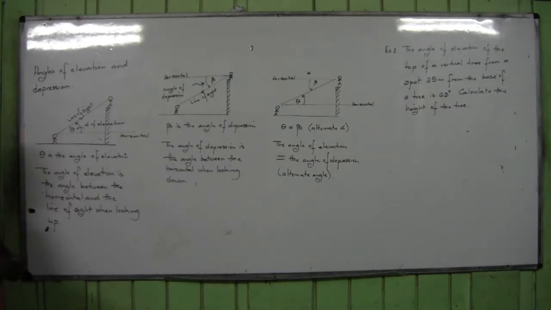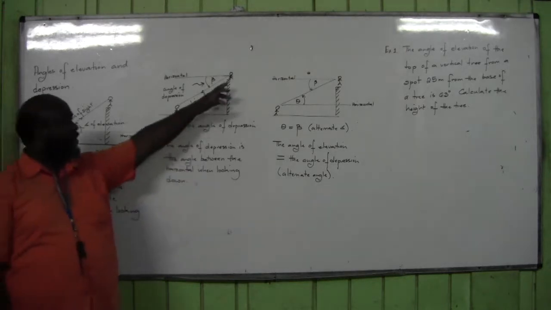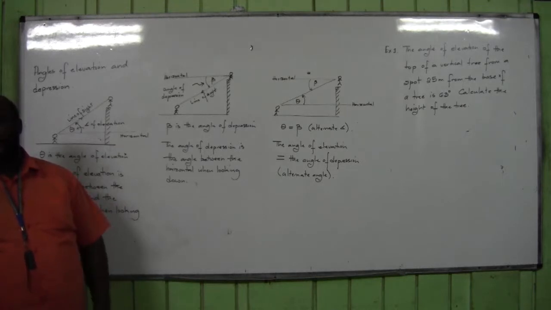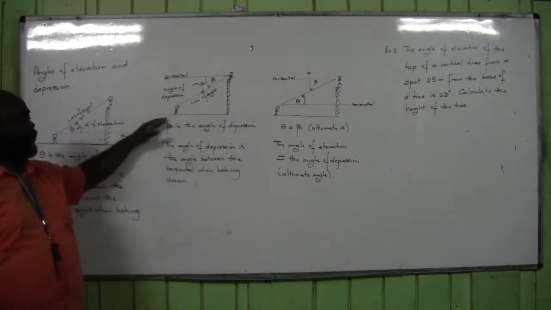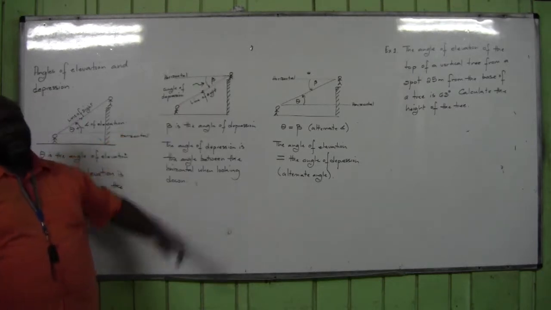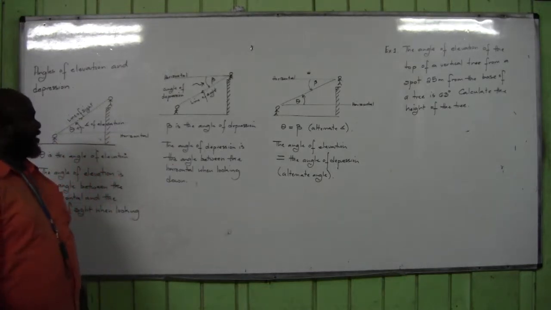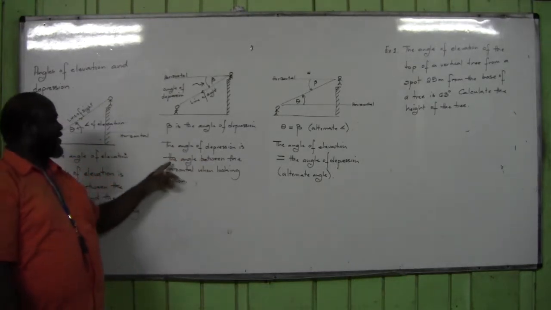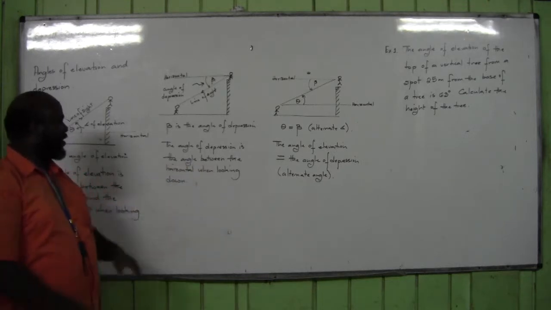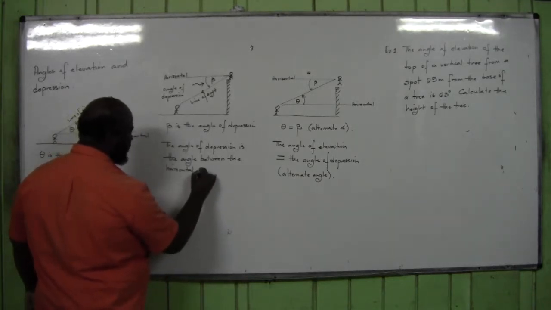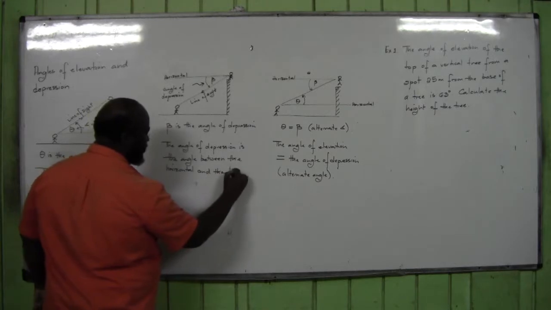Now, in diagram 2, Percy's on the balcony looking what? Down. Notice I put arrows on it. The arrows are indicating the direction of the what? Line of sight. So he's on the balcony and he's looking down. This is his what? Line of sight. From his level, this would be his what? Horizontal. Now the angle of depression is the angle between the what? Horizontal and the line of sight